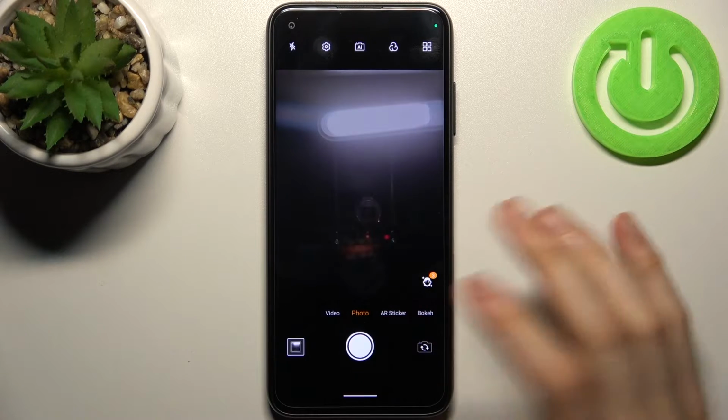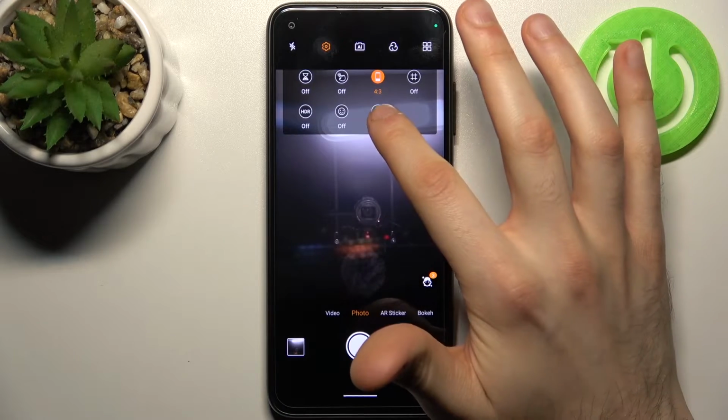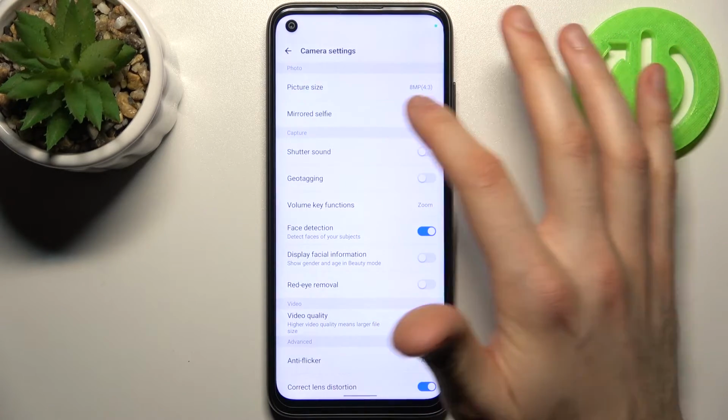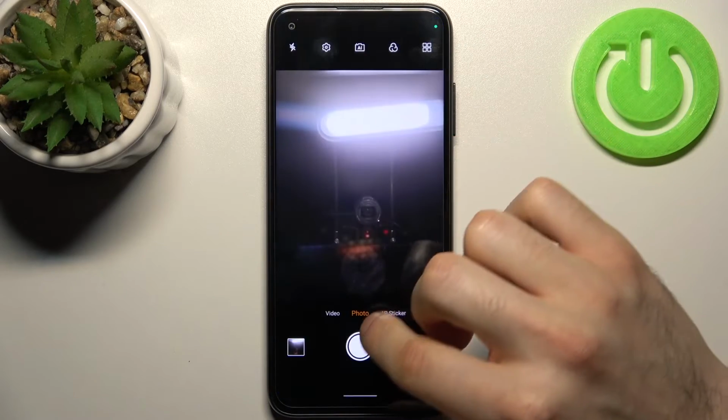So now, just for an example, let me take one photo. Now I'm going to show you how you can disable this feature. So you go to settings, and here you have mirrored selfie. So just disable it like this, and